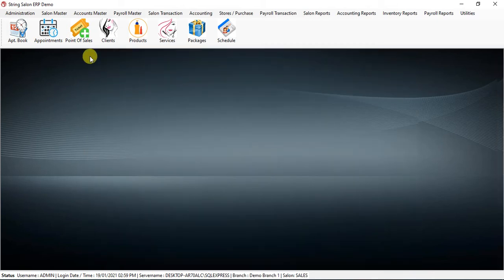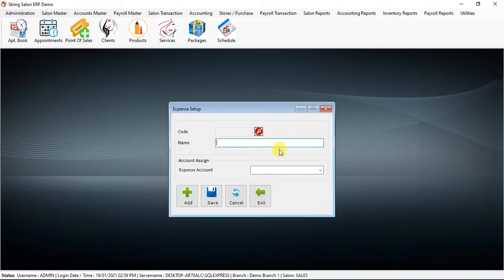Now I will show you how I will create one more expense type, which includes VAT, meaning how you pay with VAT. Suppose there are telephone bills, so you can put telephone bills.